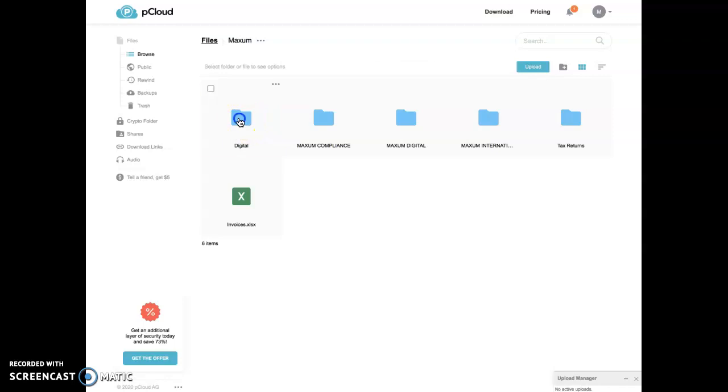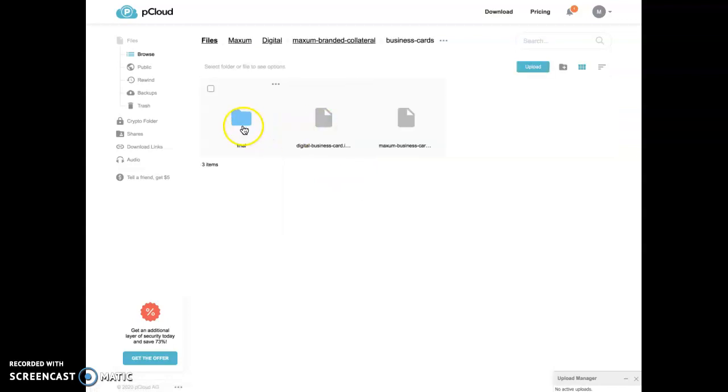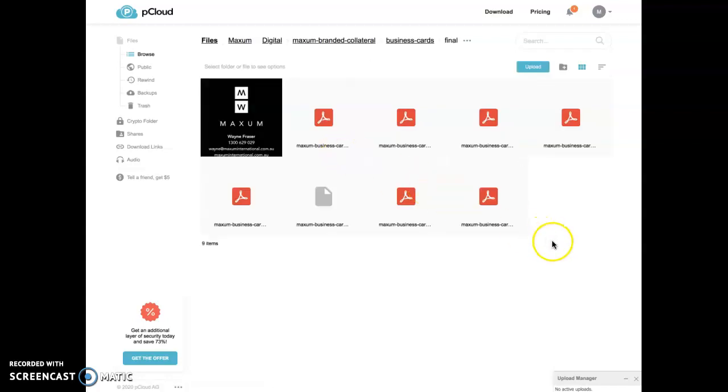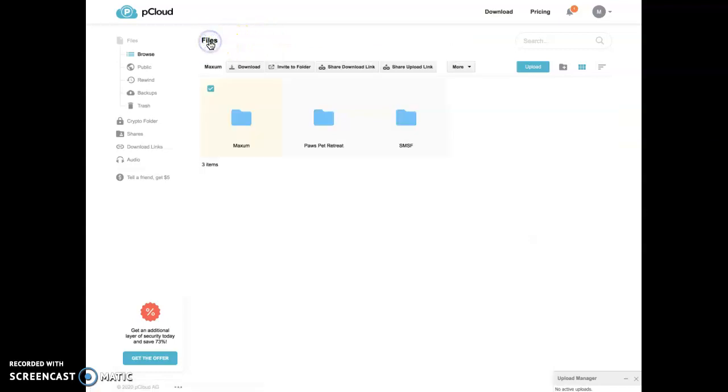And if I say come into Maxim Digital and go to say maybe business cards, final. It's also a very good image browser, so anything that's a JPEG, etc., you'll be able to see very easily. So you can also use it to browse and look at pictures. It's quite good. Now if I come back to the top level,